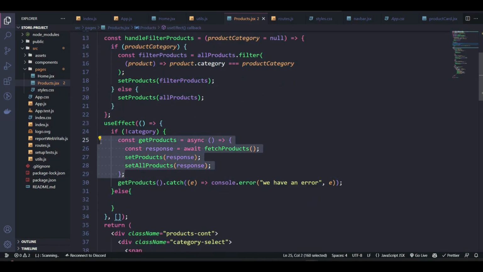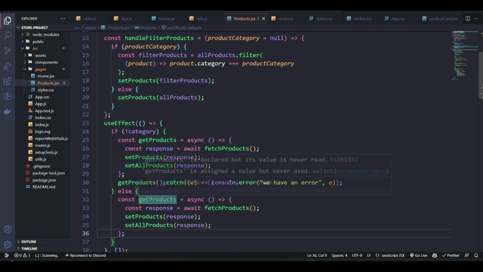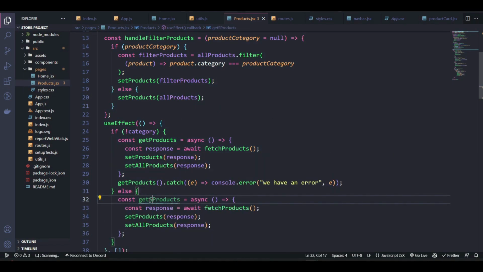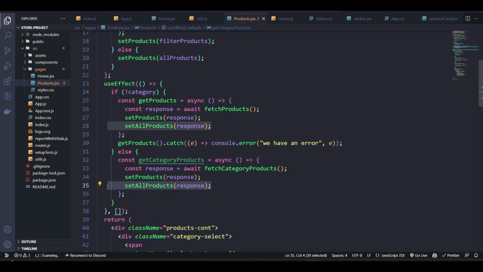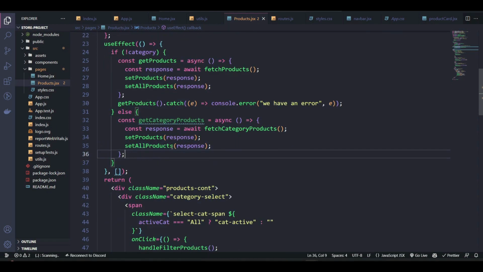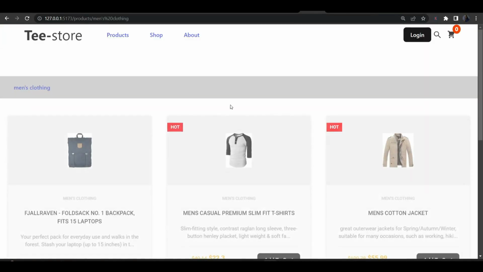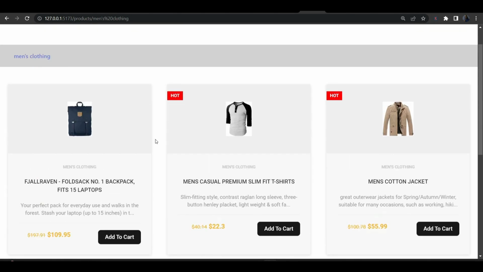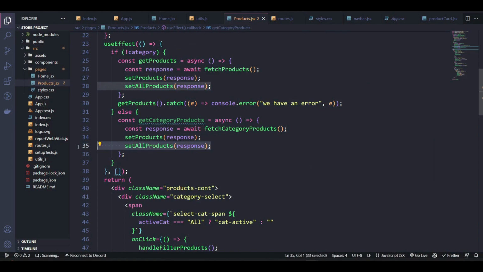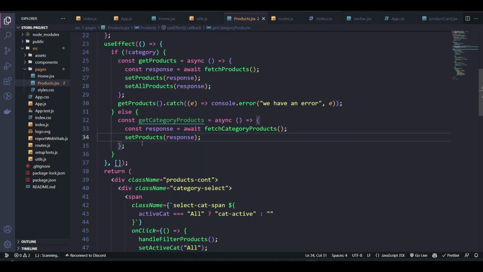So again, I can just copy this code over here and then modify it. We can just say get category product. Instead of fetch product, we can just change this to fetch category product. Now we can actually remove this all product since we don't need it. We only needed it because we wanted to filter between men's clothing, women's clothing, and all of the other clothing in the normal state. Now back in our browser, whenever we were in a specific category like the men's category, we don't need that filter functionality here because this is returning only one category, right? So over here we can remove this all products set state, can remove it over here,